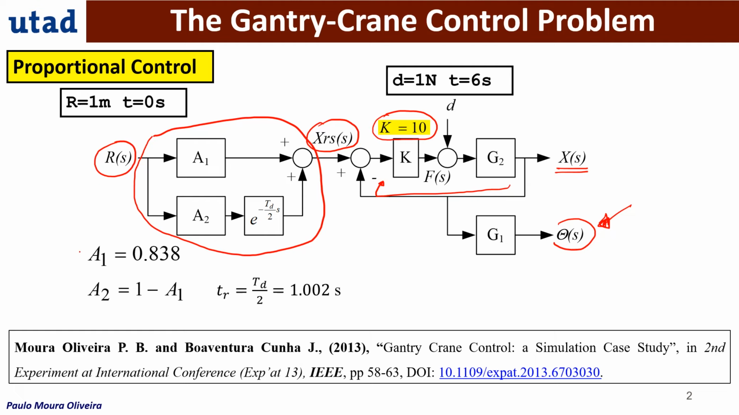So the settings for the Posicast are these. These are the amplitudes of steps 1 and 2, and these are the transition times. So the second step is applied at this instant. We are going to consider the step input here at 0 seconds with 1 meter amplitude, and we are going to consider a disturbance of 1 Newton, a step applied at